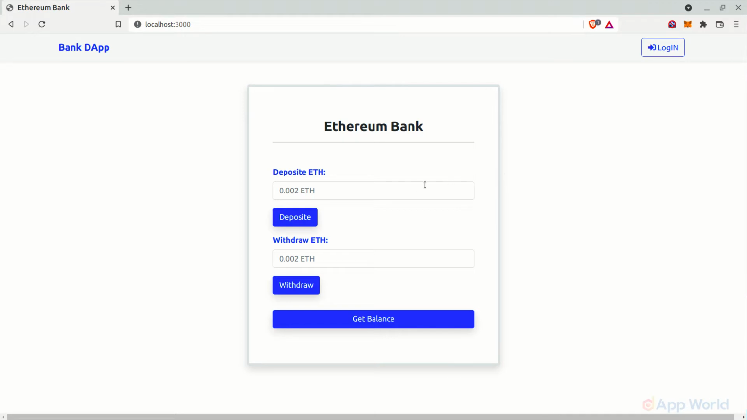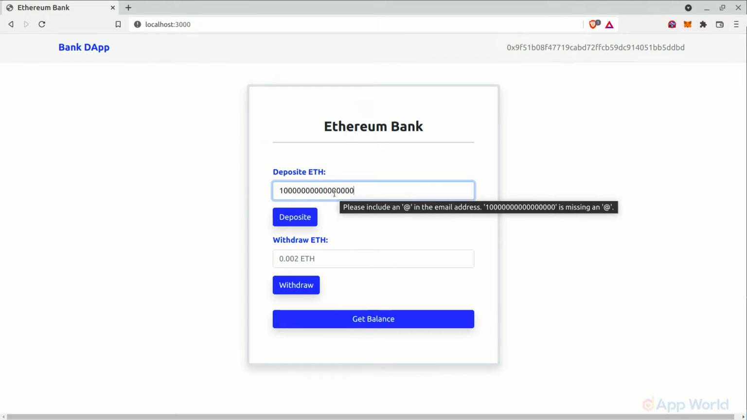If you have refreshed the page, then log in again and enter the deposit ether amount. Here we are adding the input value in wei, just like we tested in Remix IDE. So we will deposit 0.01 ether, that means 10 to the power of 16 wei. If you have adjusted the wei to ether conversion in the smart contract, then you can directly put the 0.01 ether value